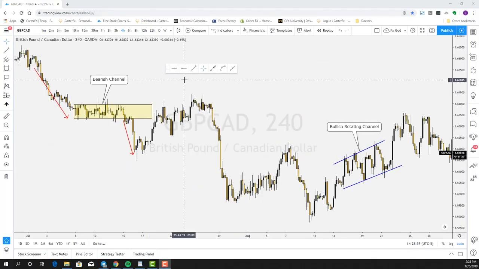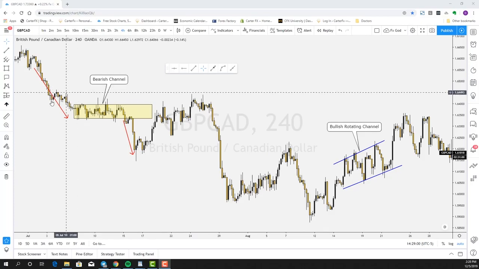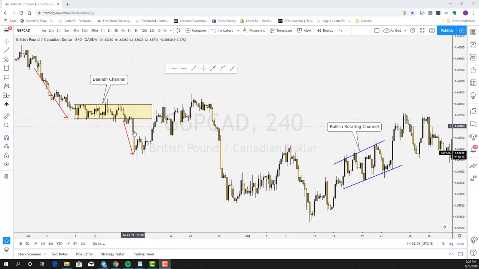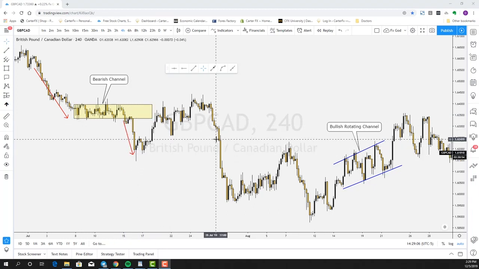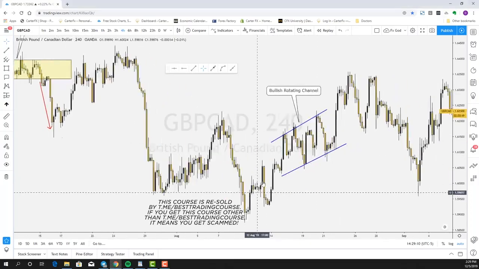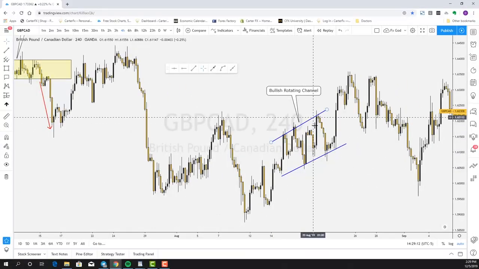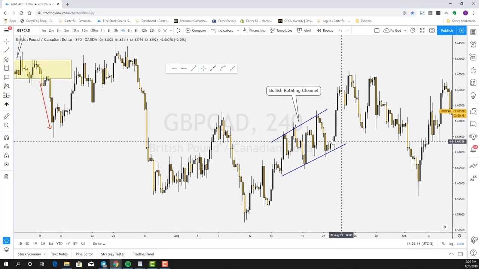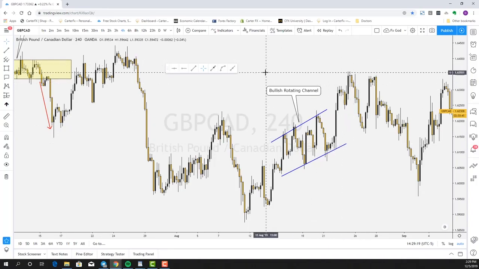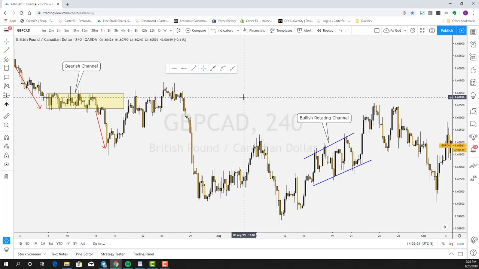All right, so last but not least, I just have two more for you guys. Once again, the bearish channel: drop, sideways movement, and then we continue rotating on to the downside. And moving on to our right, we have the bullish rotating channel. Once again, we push up, we rotate back and forth with bullish direction, and then finally we explode upwards and continue moving. All right, so this is just a few examples